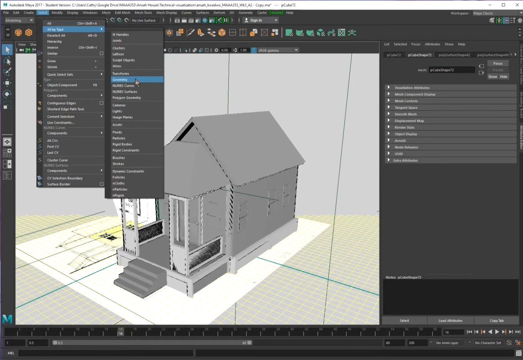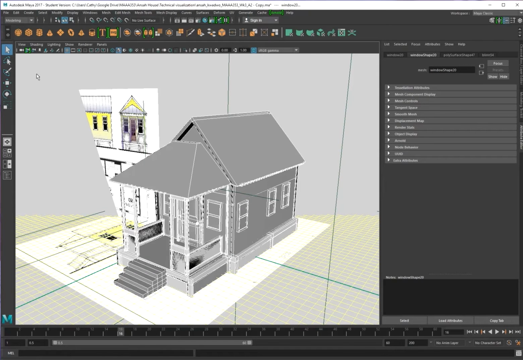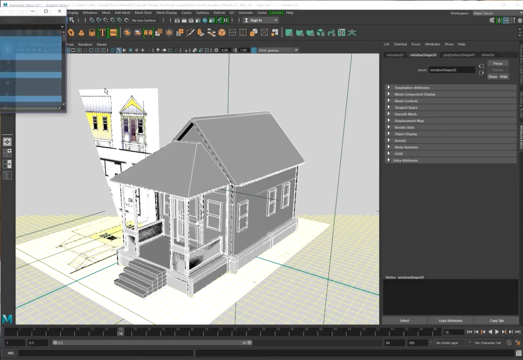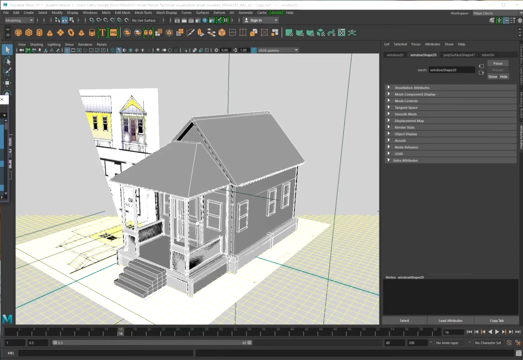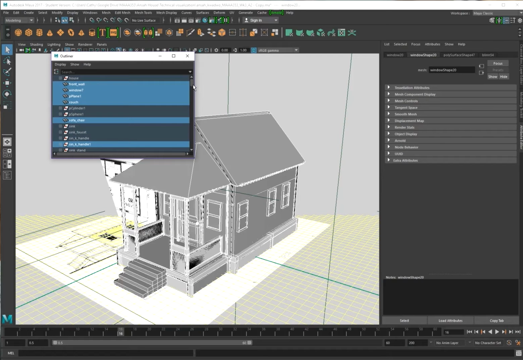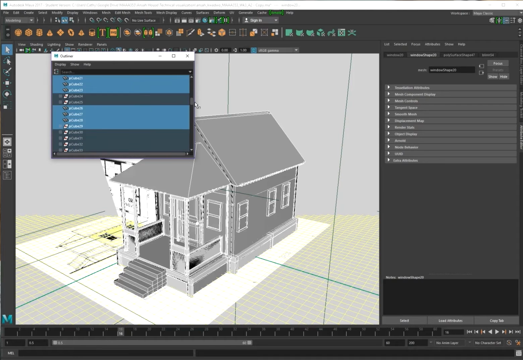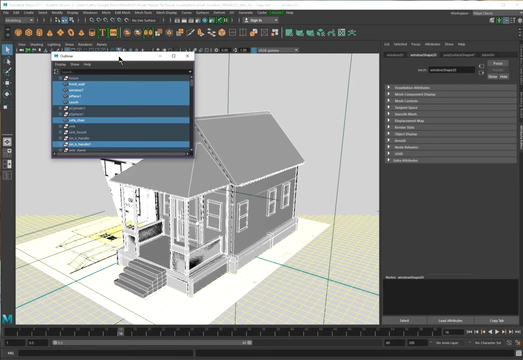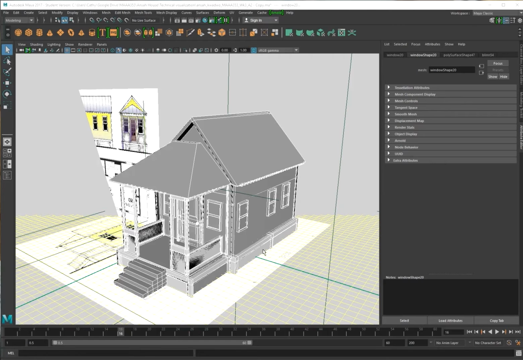And then I will open the outliner, which is under Windows, Outliner. And then I'm going to go up and just make sure that your image planes aren't selected, because the last time I tried to do this they were. Okay, well, if they are, they are. I can take care of them there. Okay, so Control G groups the item, and we can just rename the group. I'm just going to name it house group,